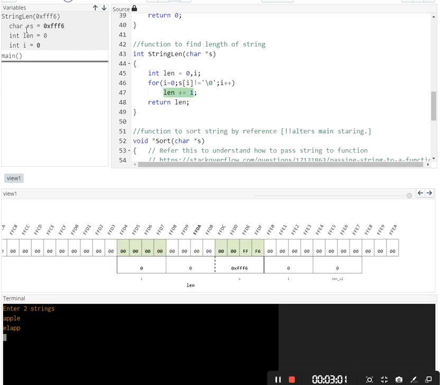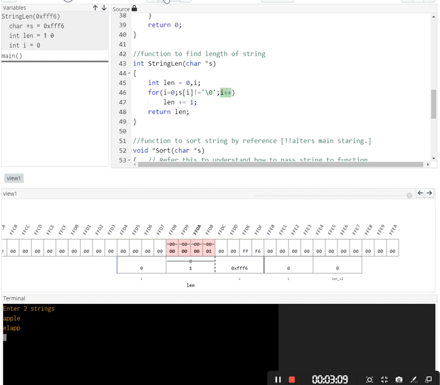Here we can see this is the address of the string. Then we are passing here the address, that means the string address, so it is a *s. Then i plus plus.